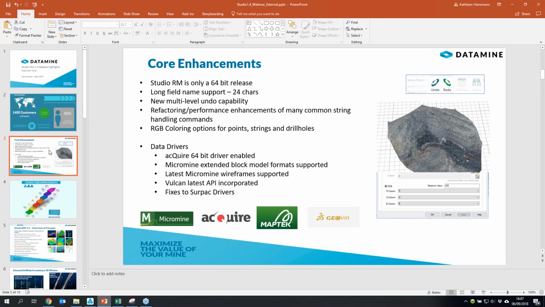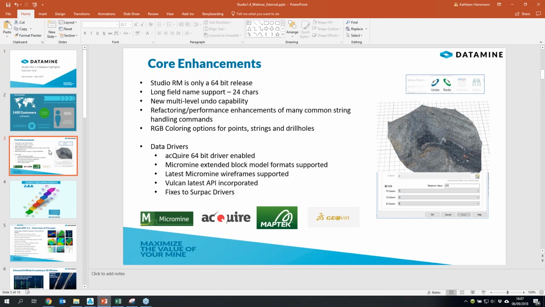What PDAL is, it's a driver for importing large LAS data sets. These are the types of data sets which drones produce, maybe LiDAR and other automated survey systems. So this is when you want to bring in files that are several gigabytes in size, and it actually allows you to filter those at the time of importing. So instead of having to bring in a 10 gigabyte data set, you can choose to decluster that at the point of importing, so it only brings in as much data as you need to